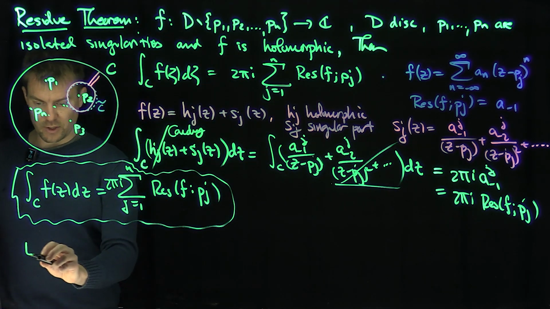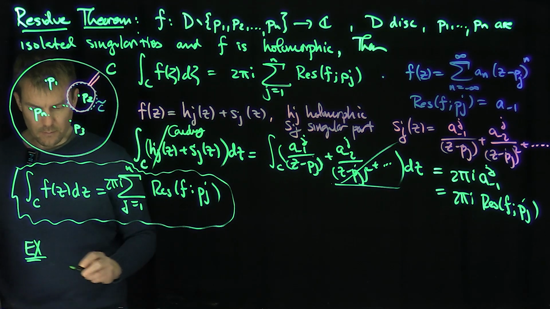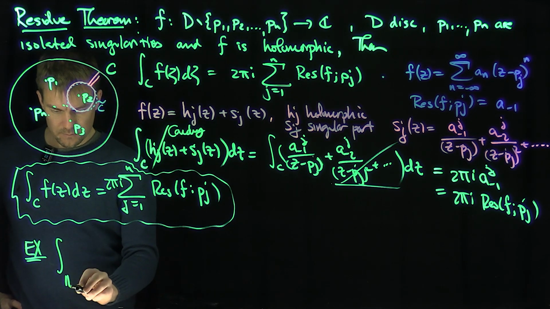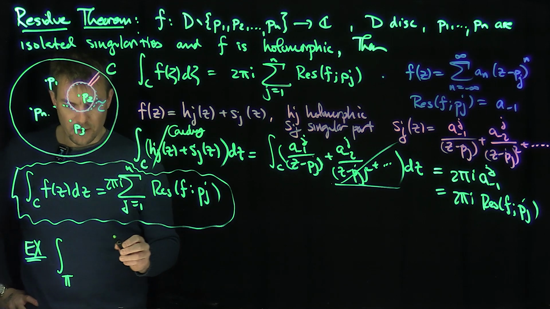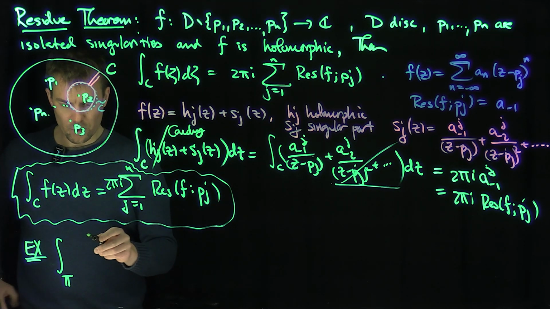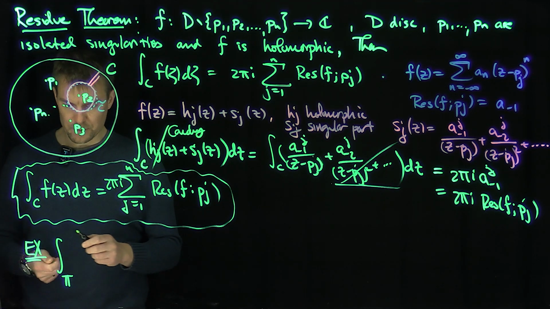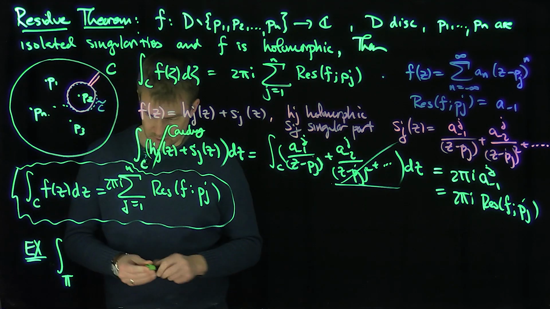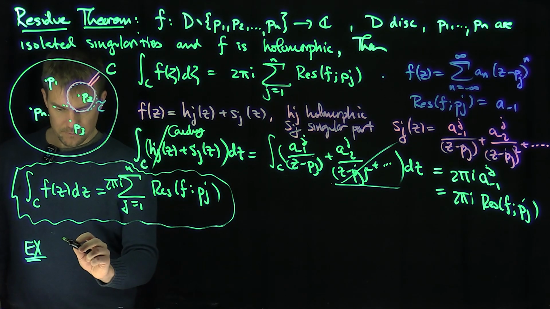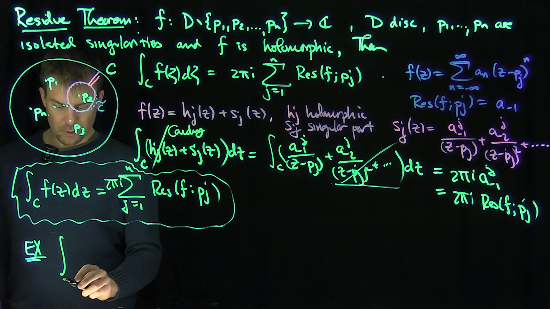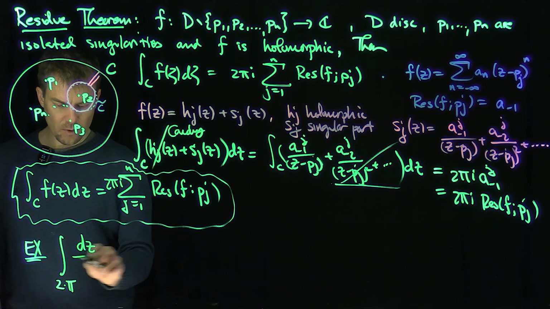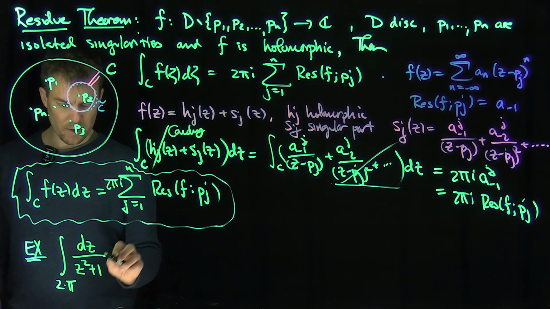I'm going to do some calculations over here. So it's an example over here, okay? The simple example is going to be, what's the integral over the unit circle of, let's do a simple one, 1 over sine? That's going to be the only root, so I want to do something slightly different over here. Let's integrate over the circle, twice the unit circle, of dz over z squared plus 1, which is,